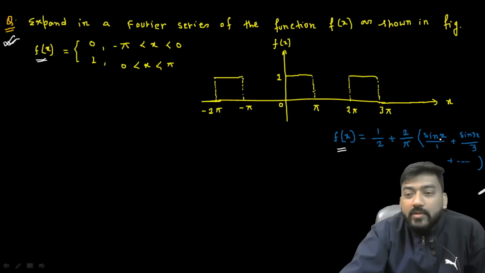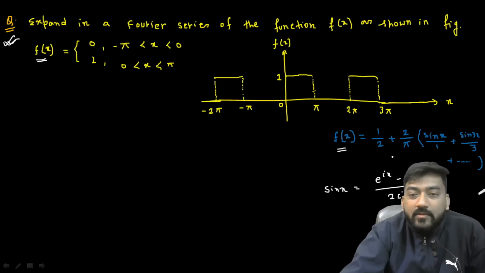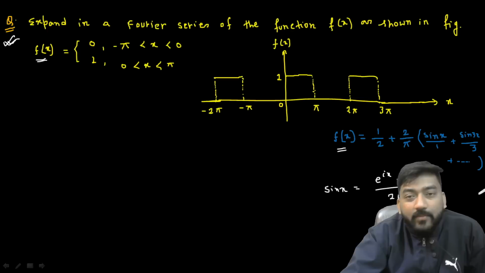Now if you put this sin x and this sin 3x in exponential form, like sin x as e to the power ix minus e to the power minus ix divided by 2i, similarly sin 3x as e to the power i3x minus e to the power minus i3x divided by 2i, then you will get a complex form from here. So this is one method. If you want the complex form of Fourier series, you can substitute sine or cosine in terms of exponential form. But this is not our aim in this class,